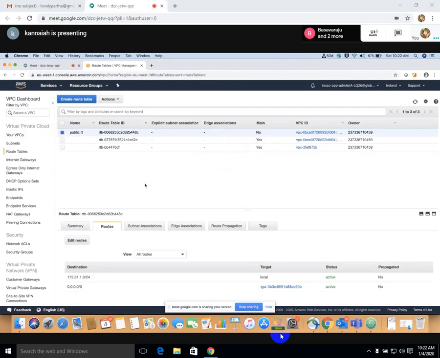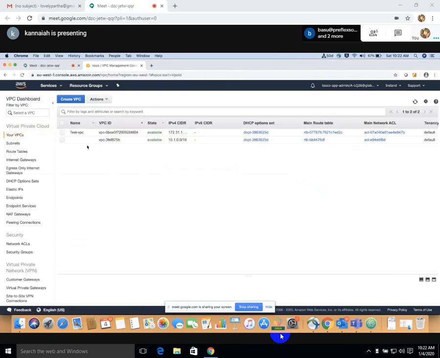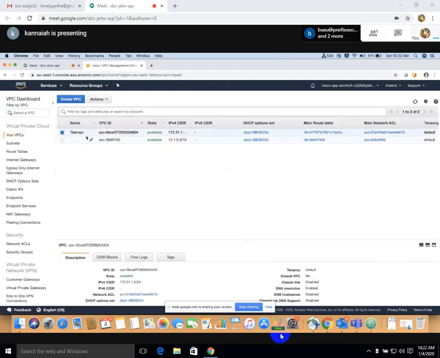So VPC, you now have one VPC. I can say this has one data center. This test VPC is one data center now, and I have one more data center here. As of now, these two are loosely coupled. They are not tightly coupled. There is no relation between these two now. The moment I do a peering connection,